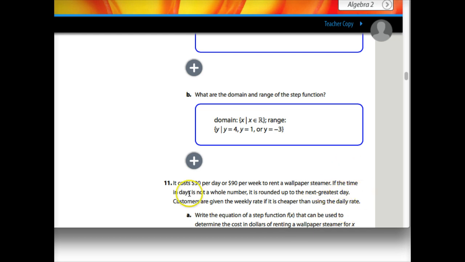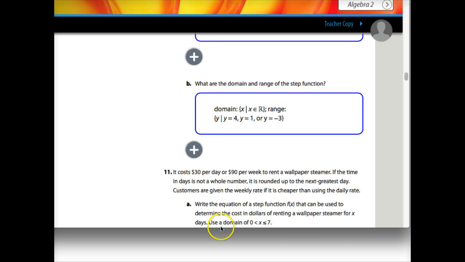So if the time in days is not a whole number, meaning if you rent it for like 1.5 days, it's rounded up to the next greatest day. So meaning if you didn't return the steamer for 1.5 days, the charge gets rounded up as if it were 2 days. So to write a step function, it says